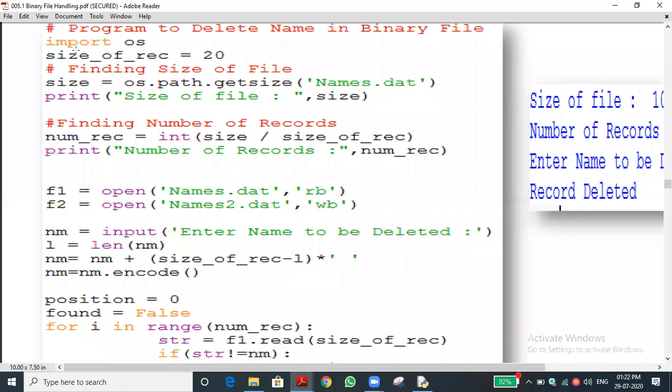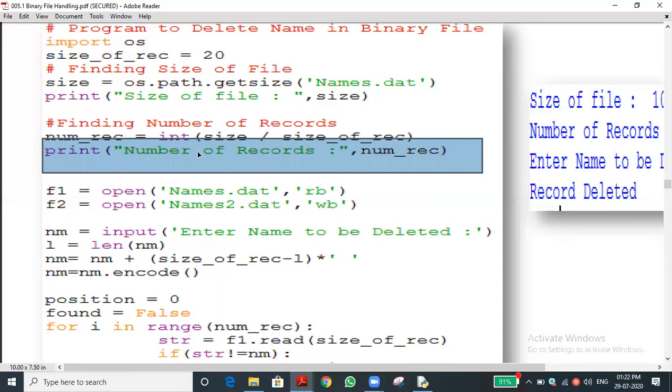Sir, first we import the module to read the size of that file, and the numeric value should be obtained by using that formula. Okay, so up to the print function, print number of records, I am showing the cursor. Till that you understood now. The same point we discussed in the past 3 programs also. Have you discussed till the marked one?